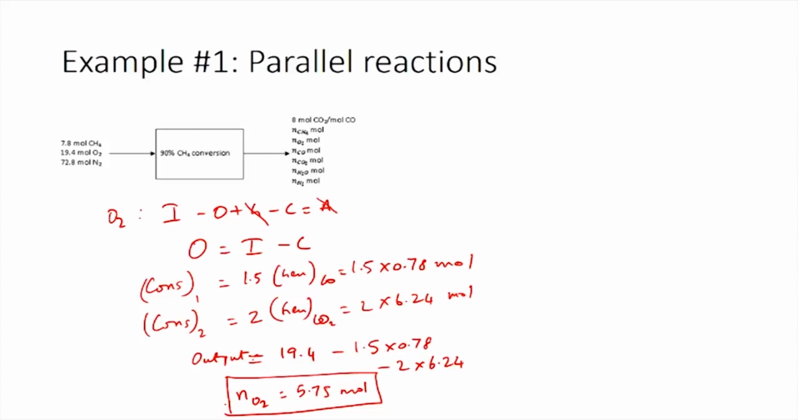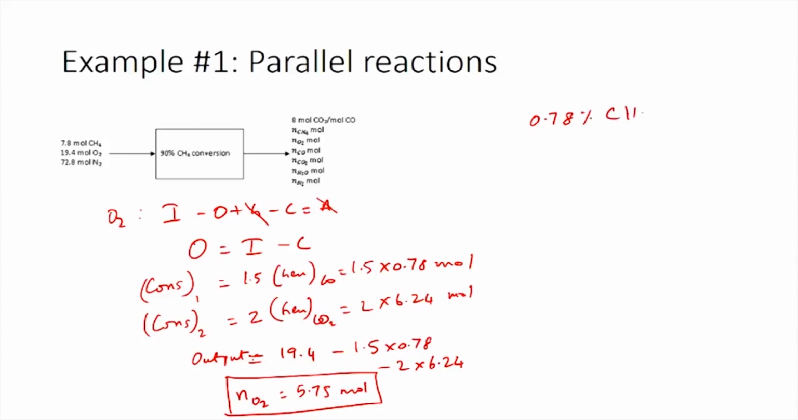With that, we have all the components which are present in the product stream. We know the moles of each of these components. The summation of all these moles will give us the total moles of the system. Using that, we can calculate the product composition. So, the product composition would be